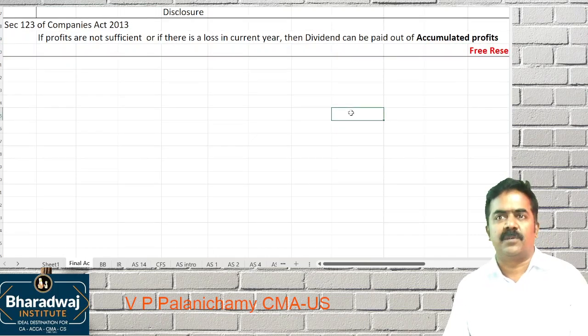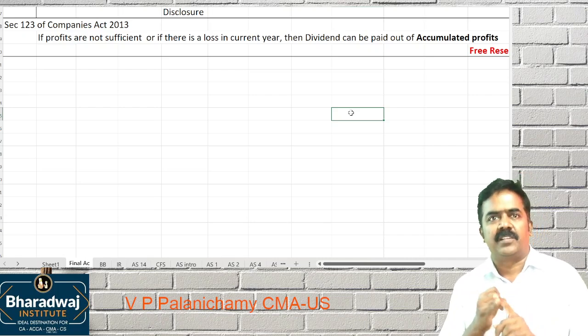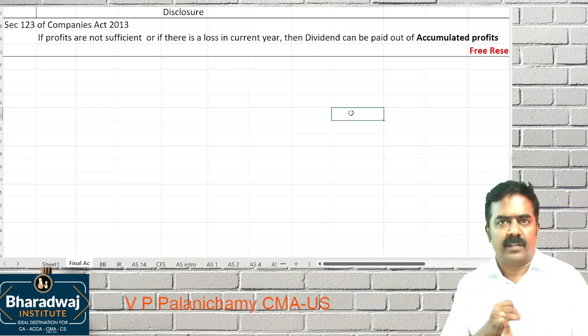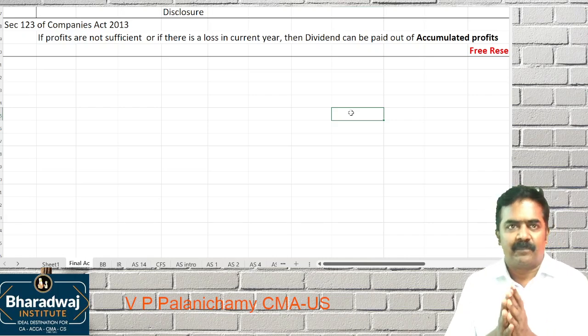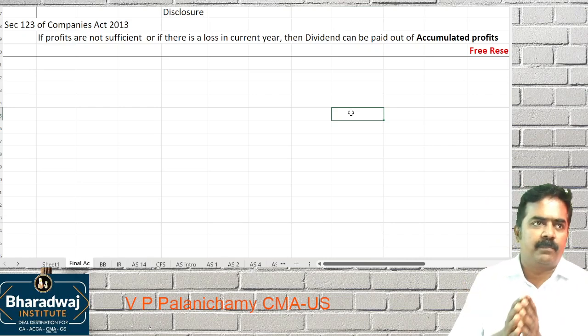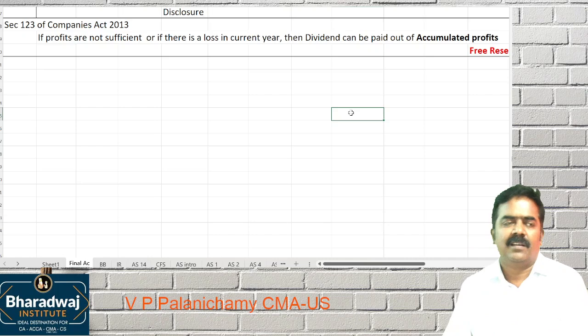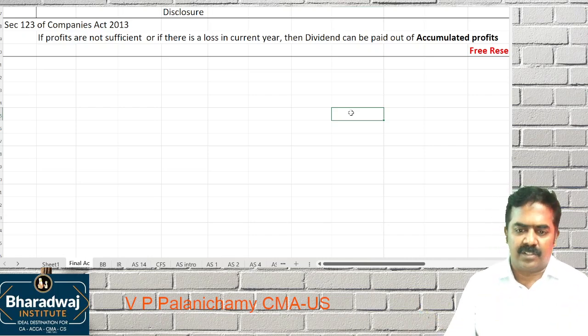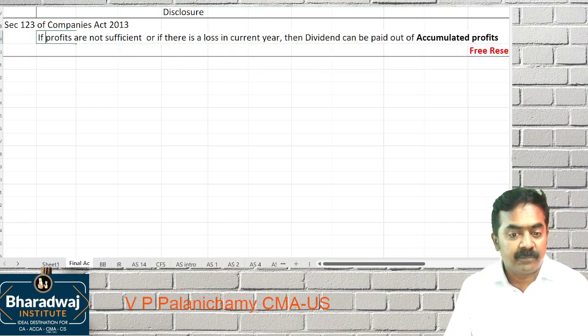What do you mean by free reserve? Anything that is not restricted for some legal purposes, like statutory reserve, infrastructure reserve, or government grant account, or some reserves to be maintained as per some law. It can be payment of gratuity act, payment of wages act, bonus act, income tax requirements, anything. And you cannot take any revaluation reserves. Other free reserves, you can use for paying it. Please remember, this will be done if profits are not sufficient.